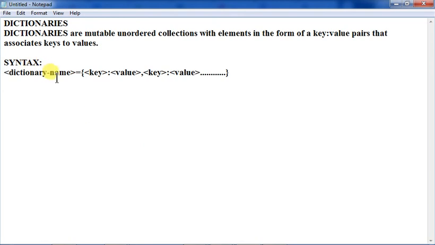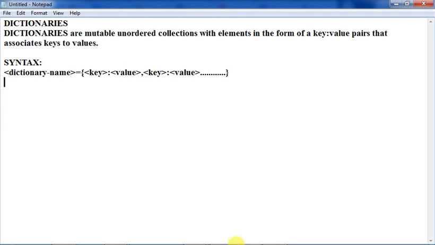All right, so this is the syntax of the dictionary. Dictionary name you can see out here, and the key value pairs also. You can see the curly brackets mark the beginning and the end of the dictionary, and each entry, that is the key value, consists of a pair separated by a colon. The key and corresponding value is given by writing the colon between them. So this is the key and its corresponding value. The key value pairs are separated by commas, and each key value pair together is known as an item.